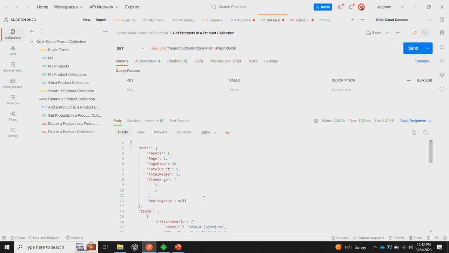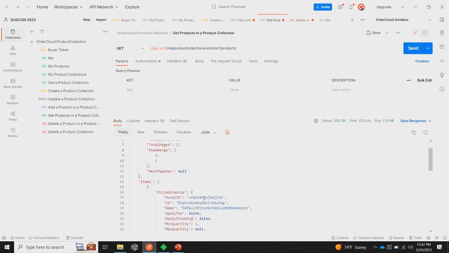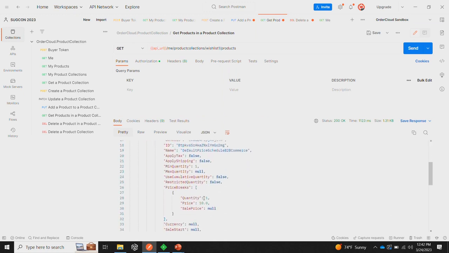And now you can see that this is my product collection, and I have an item in my product collection. So now you can see that I can create different kinds of collections using product collection. It can represent any of those things that I have shown in my list, like wish list or saved order. Those collections work a little differently, but at the end, they are product collections.